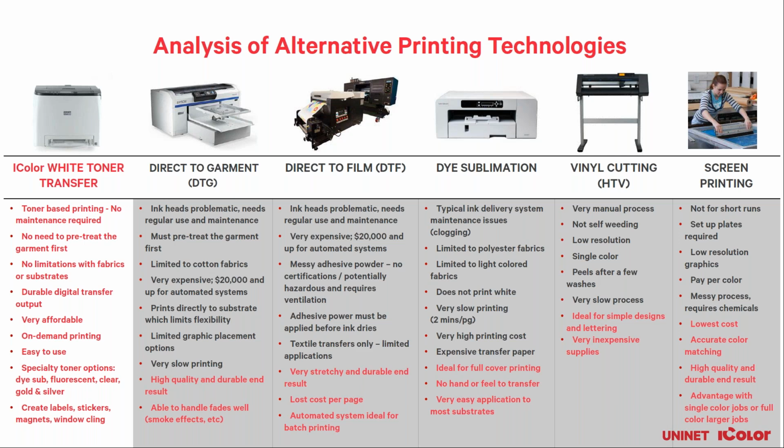But it is ideal for full coverage printing because you don't have any kind of cracking issues at all, because what happens is the print turns into a gas when it's heated, and the gas impregnates itself inside the fabric or the polyester coated substrate, so that you feel nothing. So if you have a very full coverage type of image and it's ideal for a white shirt, a polyester shirt, then dye sublimation is the way to go. And it's a very, very easy application as well.